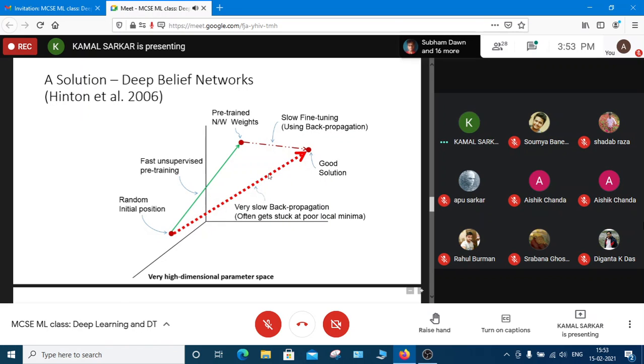The red arrow is actually a very slow backpropagation, and it also often gets stuck at a local minimum. So your performance may also fall due to this reason. But if you apply pre-training, first the supervised pre-training algorithm is applied,